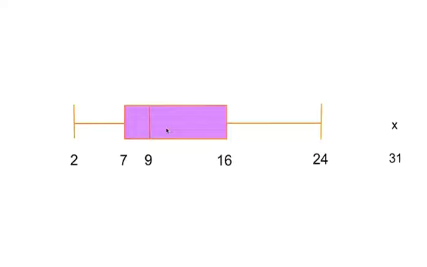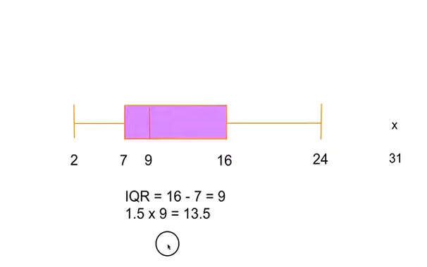So the idea behind finding an outlier is, if you take the interquartile range, in this case the interquartile range is going to be 16 minus 7, so it's equal to 9, and you multiply that by 1.5. So if I multiply it by 1.5, I get 13.5. So I add 13.5 onto the upper quartile, and anything that is above that number would be deemed an outlier. And if I also then take that 13.5 and subtract it from the 7, anything below that value will be